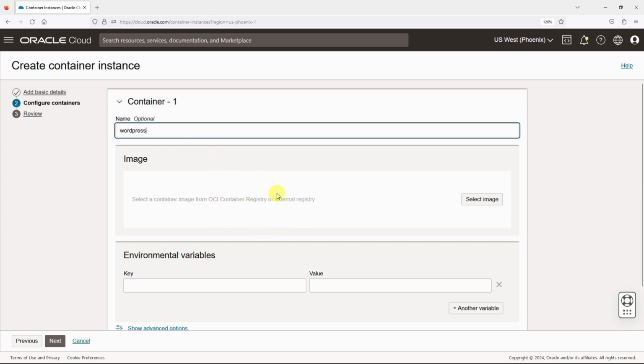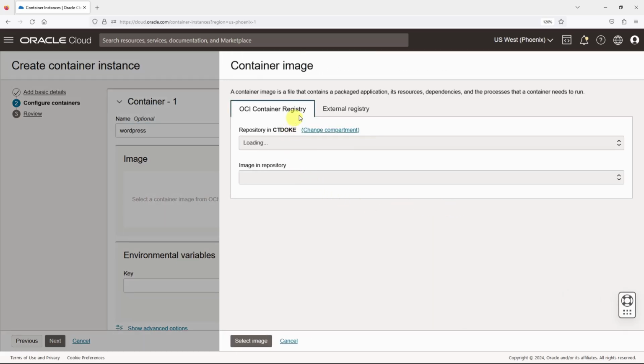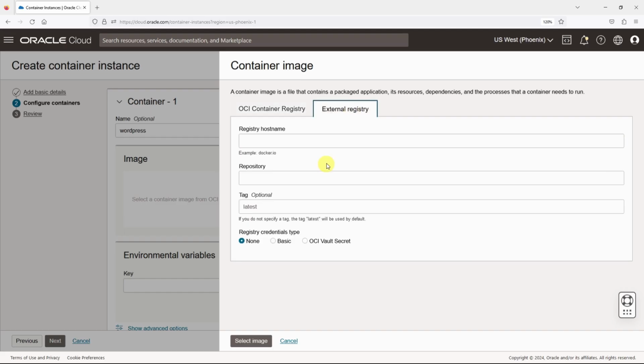In the image section, we'll have to select the image. Like I said, you get two options to select the image from. If I click on the Select Image button, I have two options. One is OCI Container Registry and the other one is External Registry. So for the WordPress site, we will be using an external registry and we'll be pulling the official WordPress image